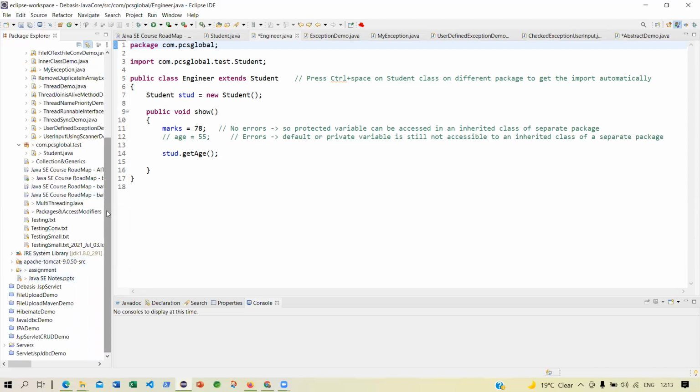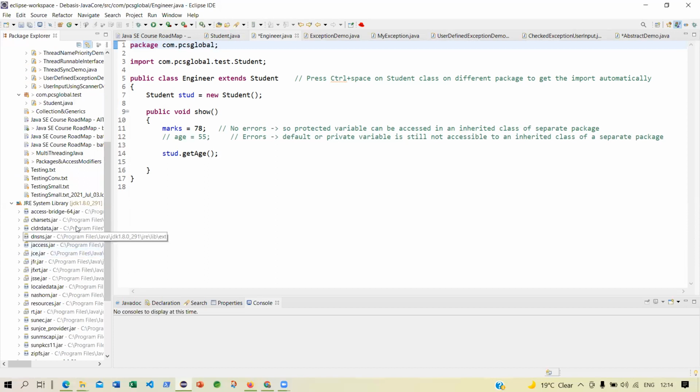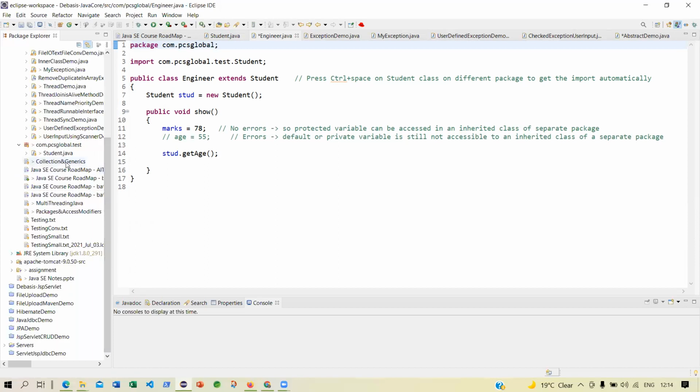Whenever you are using any library of Java, this is one library, but this one is from the local because you have installed the runtime library.